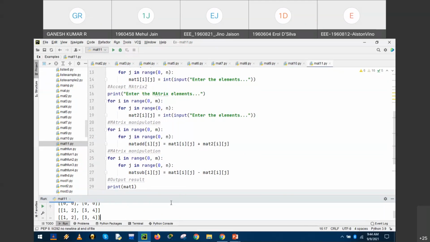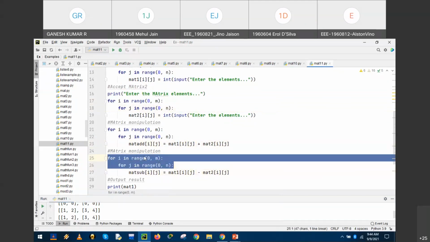Because addition and subtraction use the same set of for loops, right? For I in range of 0, m. The traversal, the process is the same, common for both addition and subtraction. The only difference is application of either plus arithmetic operation or minus, but the template remains the same.